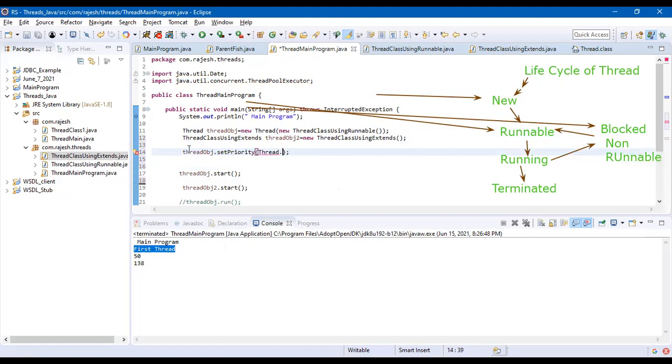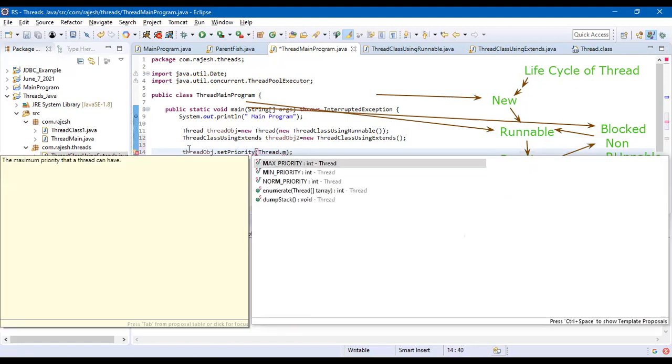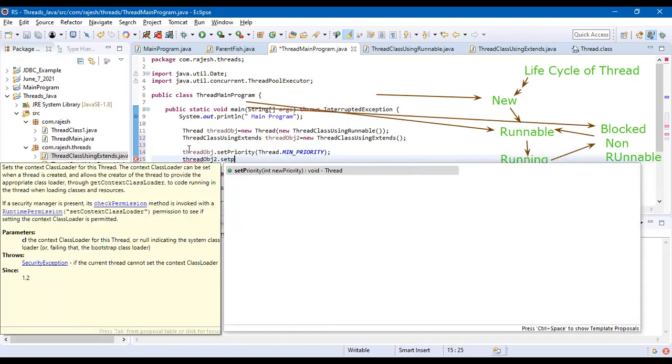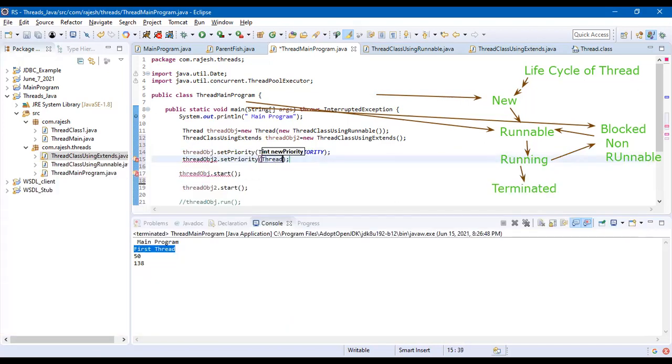I can give Thread.MIN_PRIORITY, and threadObj2.setPriority(Thread.MAX_PRIORITY), which means thread 2 will have the first priority and will start executing first, and then thread 1 will start.